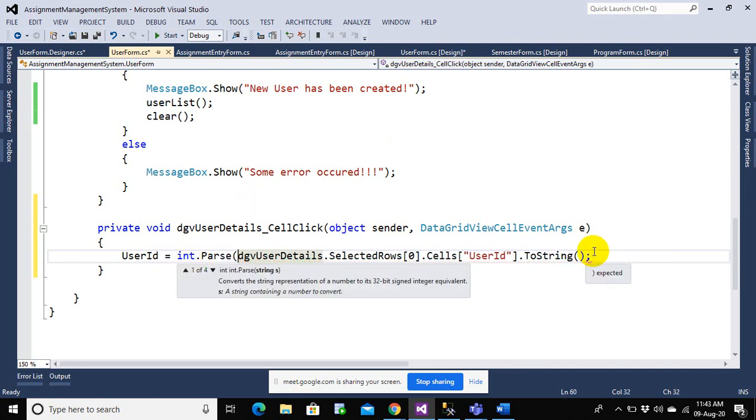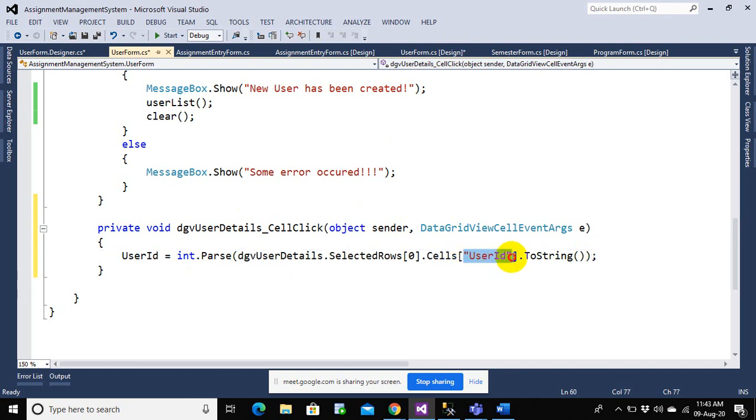So let me try to explain what exactly I'm trying to do. Also, this could be 0. This could be 0 here. No problem. So let me do one more.